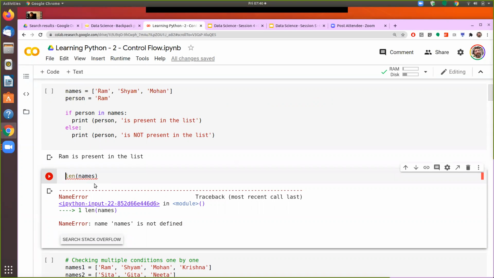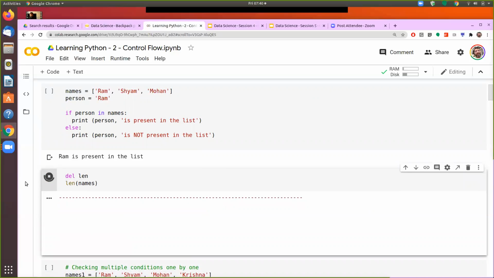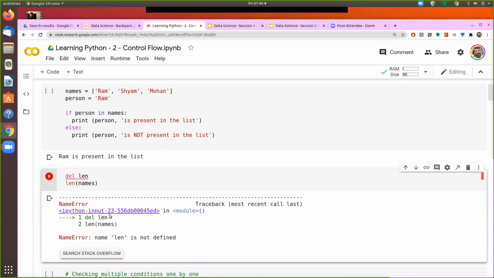So what I need to do is first delete that variable, and then it should work.